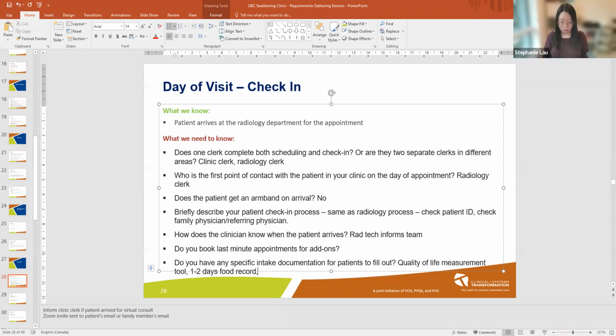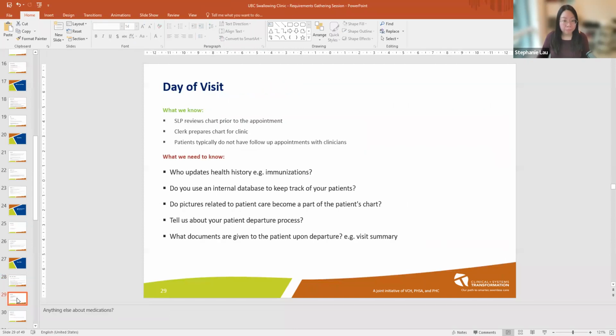Okay. And in terms of the OT's needs, do they have to fill in anything, or do they provide anything to the patient to fill in prior to the appointment? Carol is shaking her head. No, we're not currently sending anything along for them to fill in ahead of time, but there are OT specific questions on our screening tool. Okay.